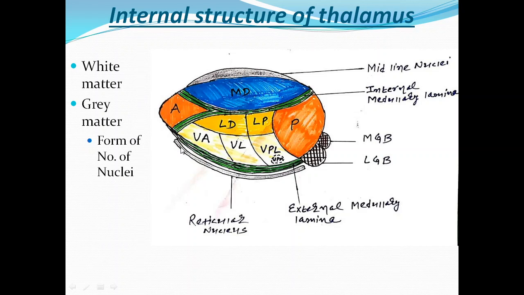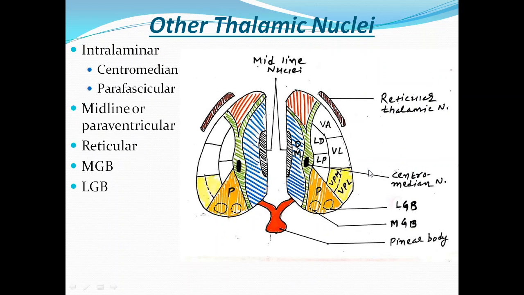In addition to it, along the lateral surface, there is the reticular nucleus. Along the medial surface, between the ventricle and thalamus, there is the midline or paraventricular nucleus. And within the internal medullary lamina, there are intralaminar nuclei, the name of which is centromedian nucleus. And posteroventral to the pulvinar, there is the medial and lateral geniculate body. So these are the gray matter of the thalamus. In the next slide, I will discuss the connections of the thalamus and other remaining